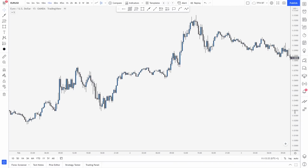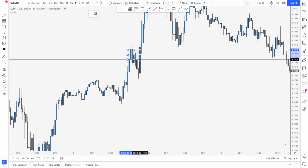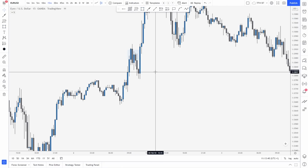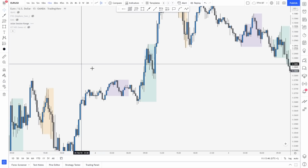Then I took a short from right there. So I was actually running a nice trade, but then it just pushed on me. So why did I take this short? I'm not going to go into great detail regarding my trade this week because it's going to take so much